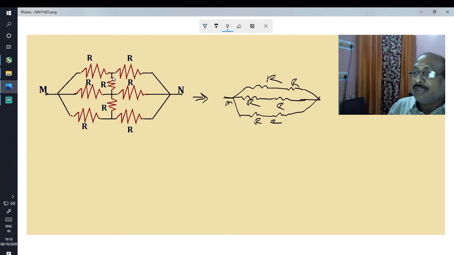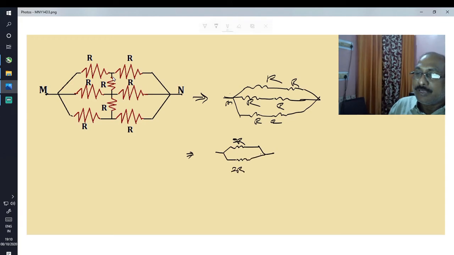Therefore, it is converted into somewhat like this one, 2R, 2R, this is 2R, this is point M, this is point M, the resultant will be